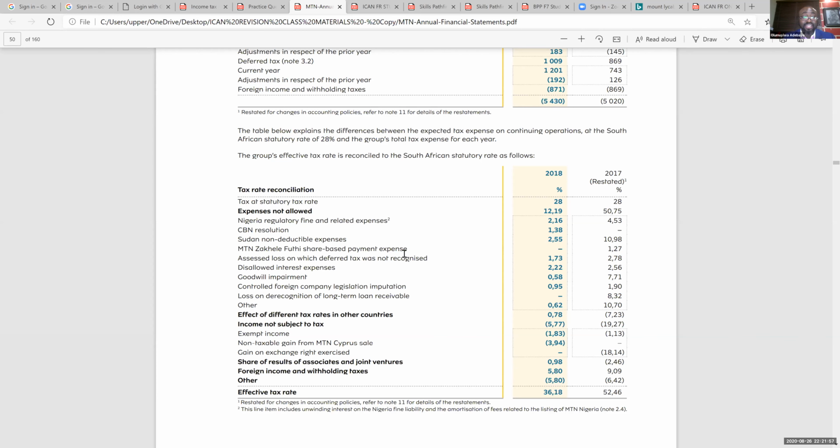And if you remember the case of the MTN fine, you can see it here. Part of what brought about those differences is the humongous fine that was given to MTN for breach of, what's it called, security with respect to SIM registration. And it is disclosed as Nigeria regulatory fine and related expenses, with additional tax of about 2.16 and some other things. These are reconciliations,